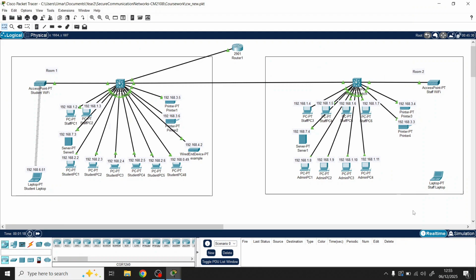Hi, this is a simulation of my network that I've made in Packet Tracer for the coursework. As per the coursework guidelines and my coursework document, it's two rooms: one is a lab room and one is a staff room. I've used two switches, one for each room, and they're both connected to each other so that they can